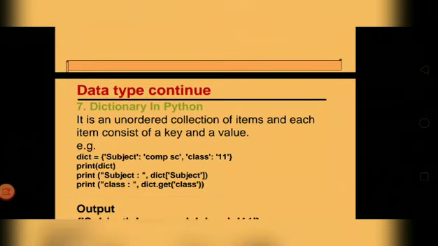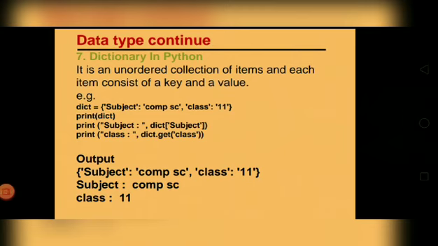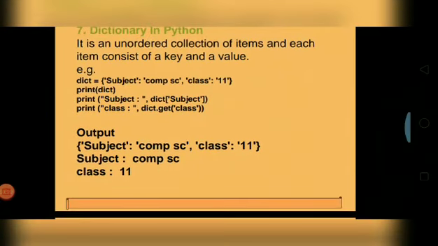Next is your dictionary. We have done that. It is an ordered collection of items, and each item consists of a key and a value. What is the role of a dictionary in Python? Suppose in a class we have a number of students, so we have to store the student roll number along with the name. So we can pair up the values according to the roll number. Like roll number 1 will have a student name, then roll number 2 along with another student name. In a real life example, you can take a lock having a key, so both are together. So we can see different examples where we have to pair up the values. So now see how to do that.